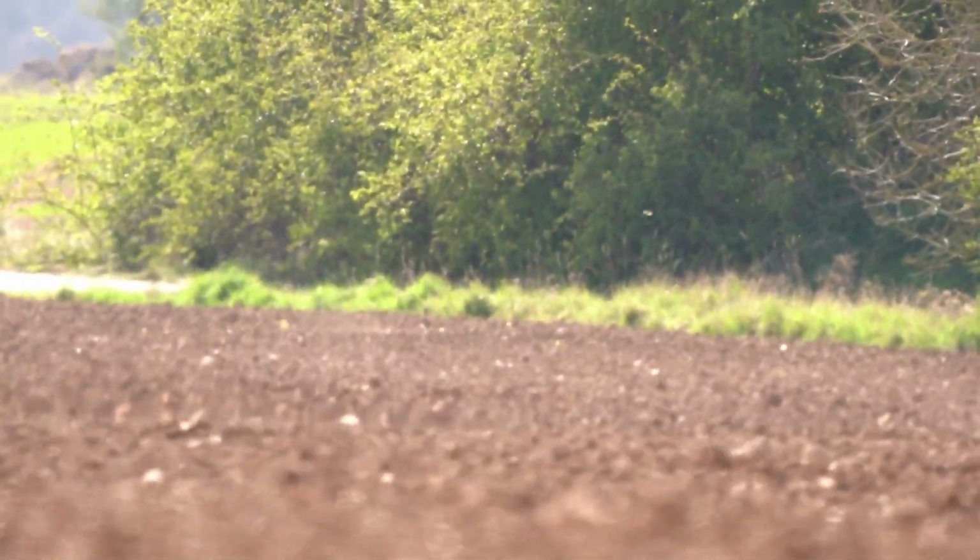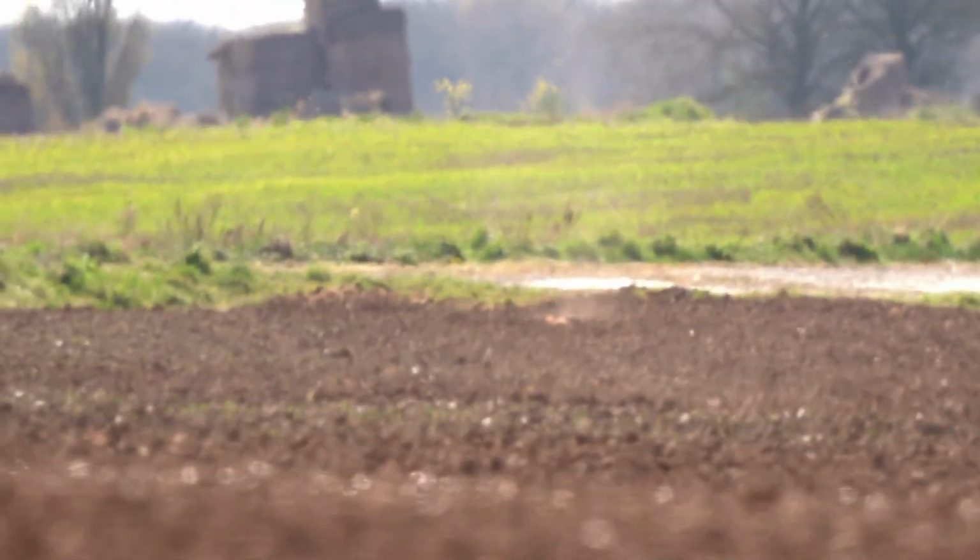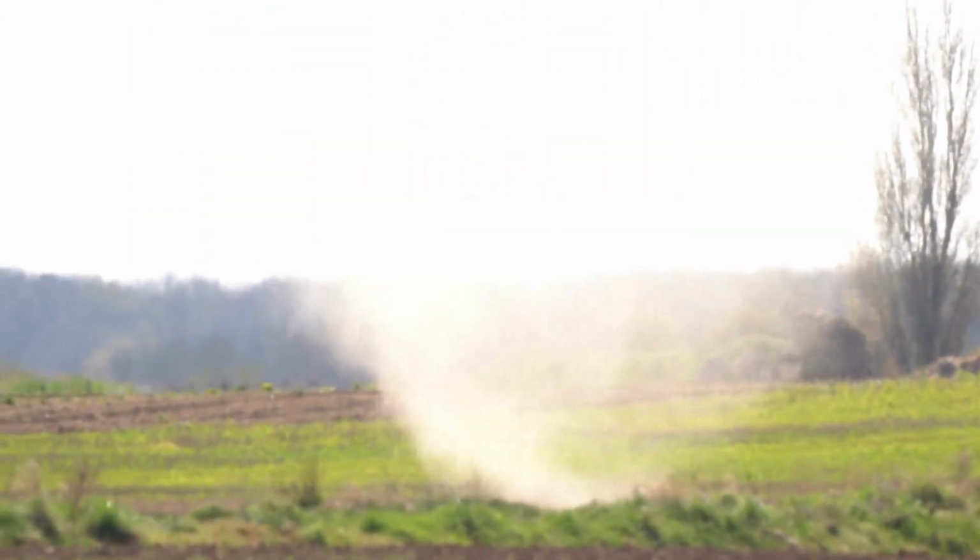I think I caught a bit of the footage where it was about 2 meters across the base for a couple of seconds, but yeah, that was really weird. It's a while since I've seen one of those. We did once have one, probably about 20 years ago, behind our house, and I always remember that for about half an hour after, we were getting these little bits of straw dropping down onto the garden because it had picked them up and taken them so far up into the sky. This was nowhere near that size, but yeah, a little bit of a twister going on behind where the kestrels are there. So yeah,